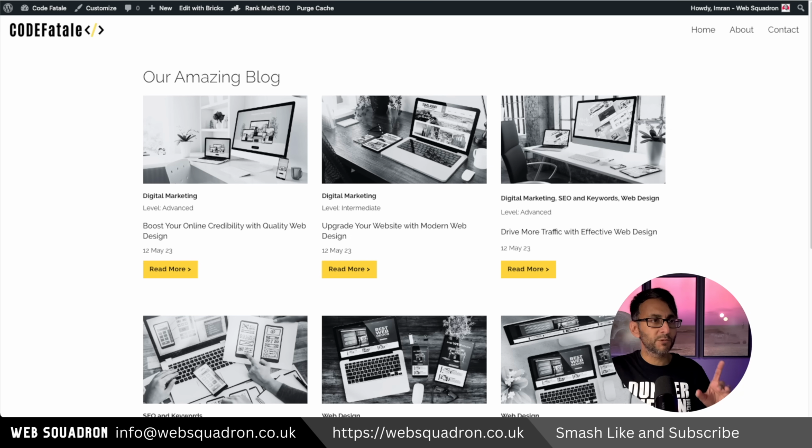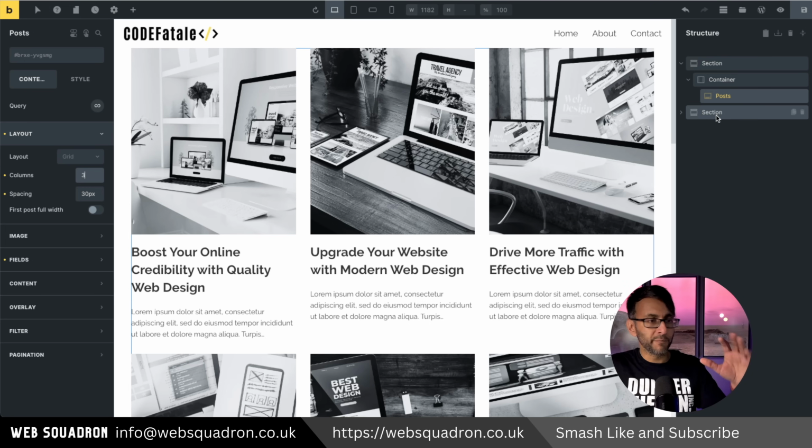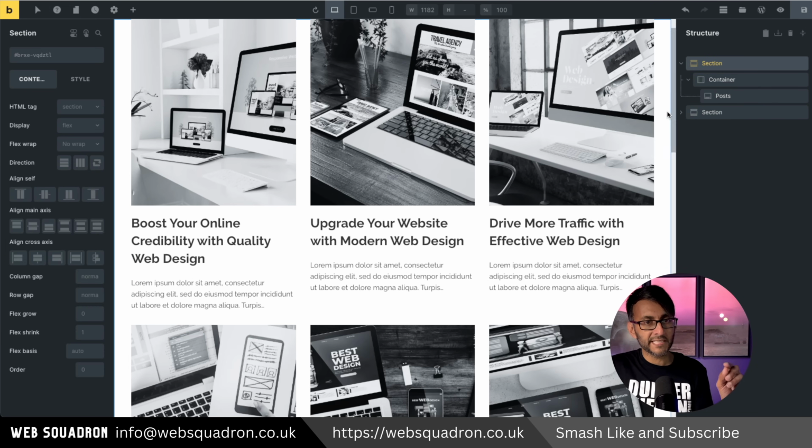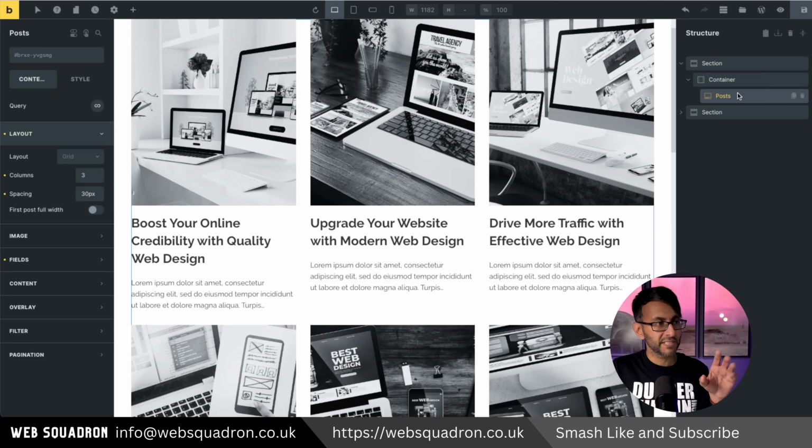Now, I want to show you what you will get traditionally with Bricks and why you might want to move to using Gridbuilder, which is a premium plugin, $49 per year, but it is worth it. So above our new block post loop that we've created, I've popped in a new section container right at the top. I'm not going to do any styling on this, and all we have inside of here is the post